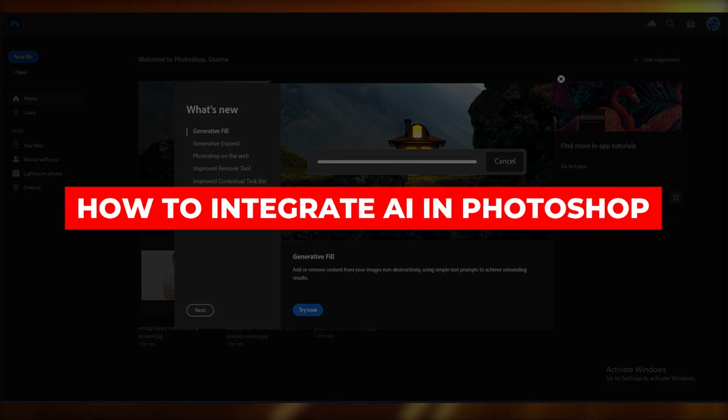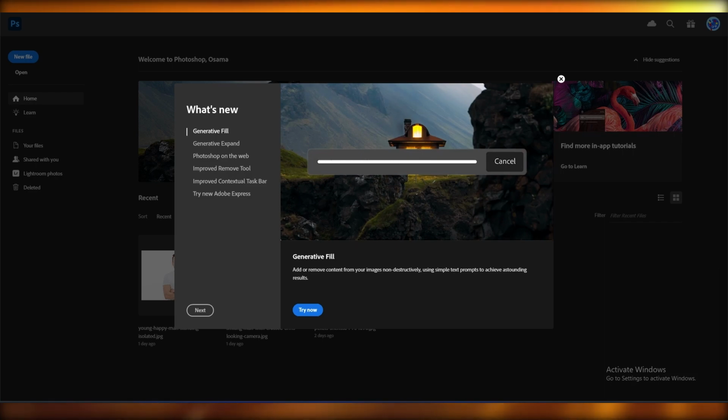How to integrate AI in Photoshop. Hi guys, in this video, I'll tell you how you can integrate AI in Photoshop. So let's get started. In this video, I'm going to show you the new AI tool that Photoshop has